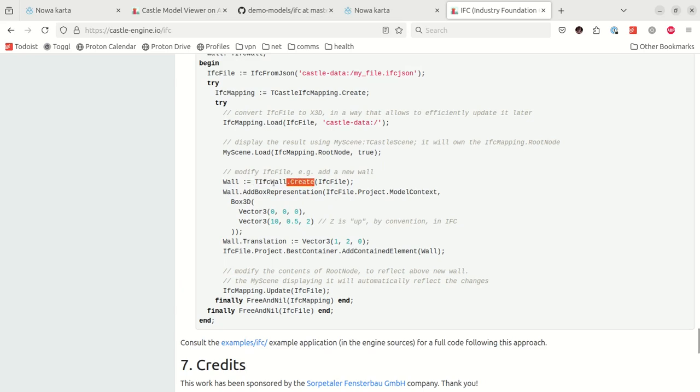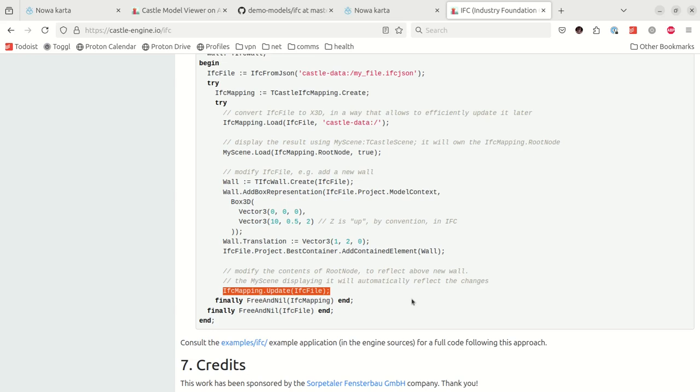You create an instance of this class, and then you have a new wall. You can add a representation of a wall, which describes how the wall looks like and where this wall is positioned in your world, and then you add this wall to the IFC model, and then you do whatever you want. Here this example shows that you can update the display of this IFC file, which underneath generates the X3D